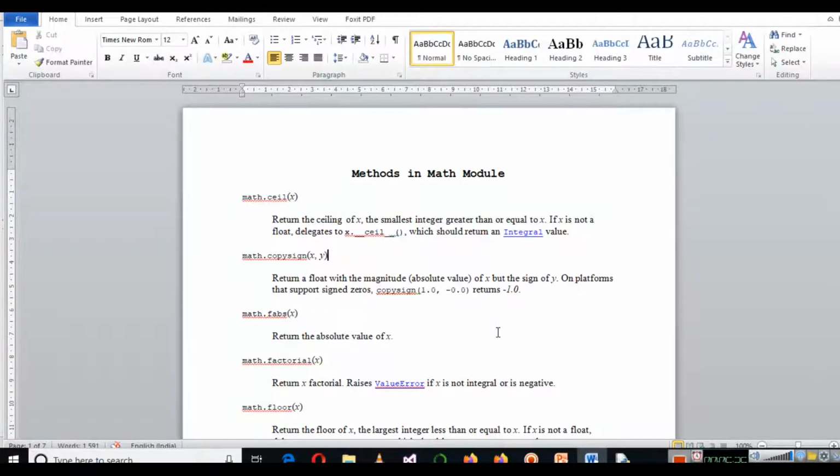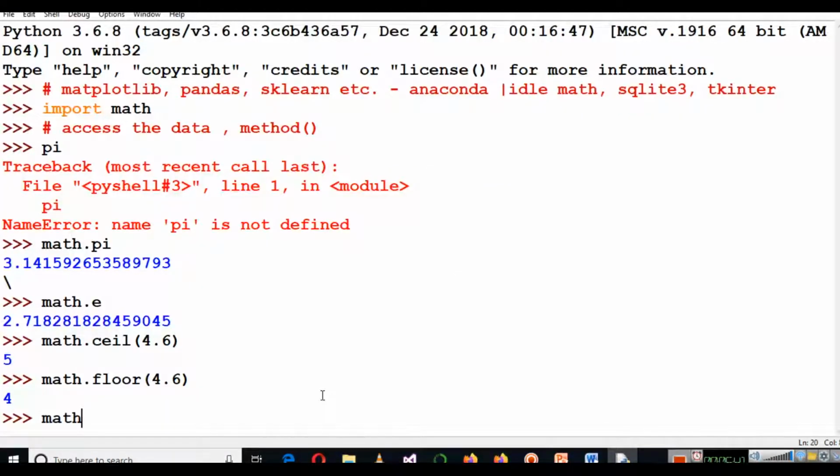Next we have the copysign method. The copysign method returns a float with the magnitude of x but the sign of y. Let me write a number here. So math dot, and I can wait a few seconds and IDLE will give me some suggestions.